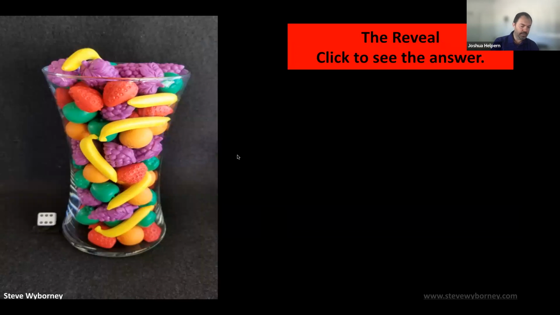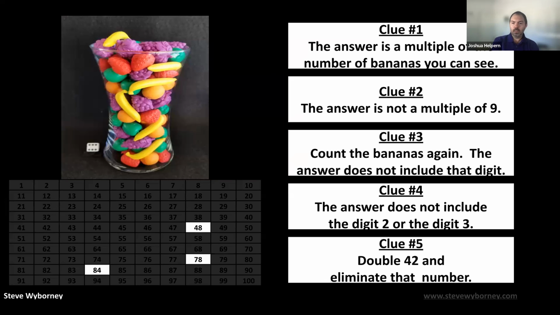Oh, I gotta go backwards. Even though I got to clue number 5, there's still 2 answers left there. And he does that a lot with his Esther Mysteries, is he doesn't give you the final answer after clue 5. He still wants you to think, well, which one of these do you think is the better estimate? So we're down to, it could be either 48 or 78. Which one do you think it is?